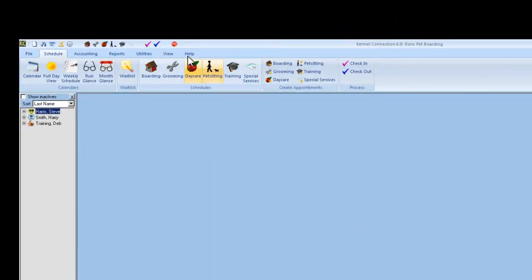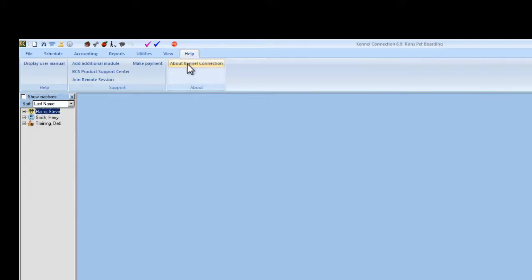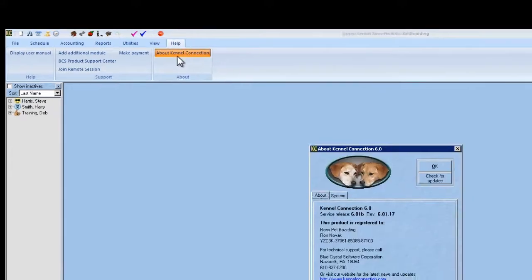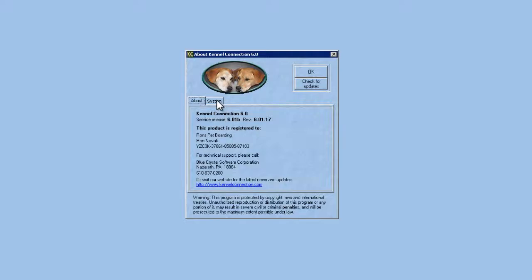And now if we go to Help, About Kennel Connection, and click on System,